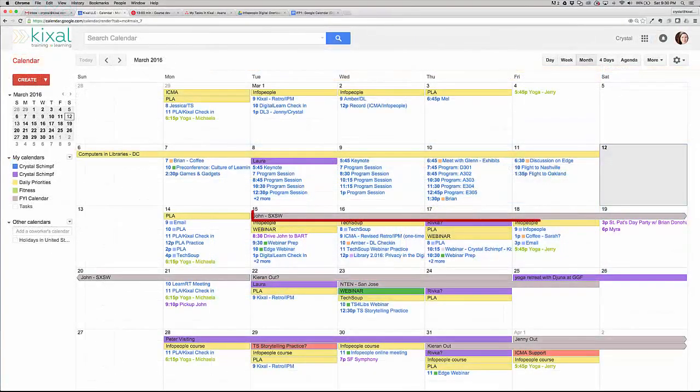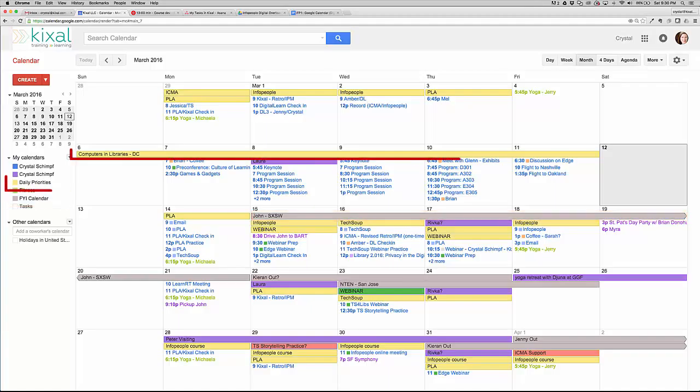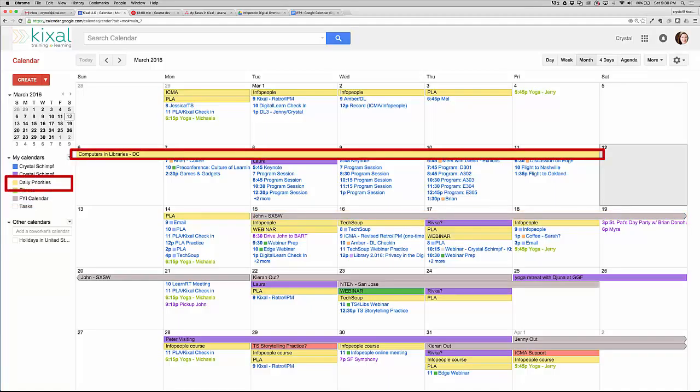You'll notice that some of these calendars only contain all-day events. I use one of these calendars to keep track of travel and other events. I also use one of these calendars to identify daily priorities. That way, if I know that I need to spend the bulk of my day on Thursday working on a project for TechSoup, I can be quickly reminded of that before telling anyone else that I can work on their